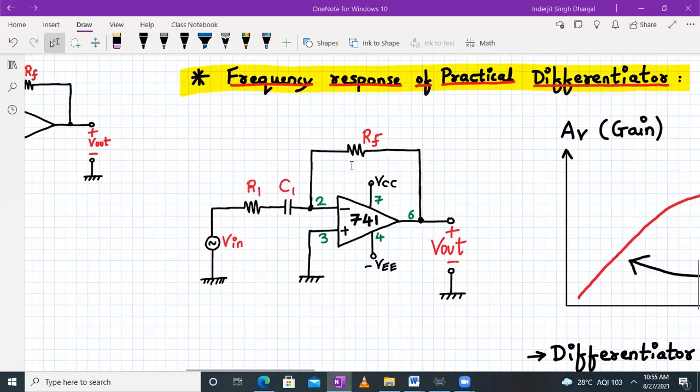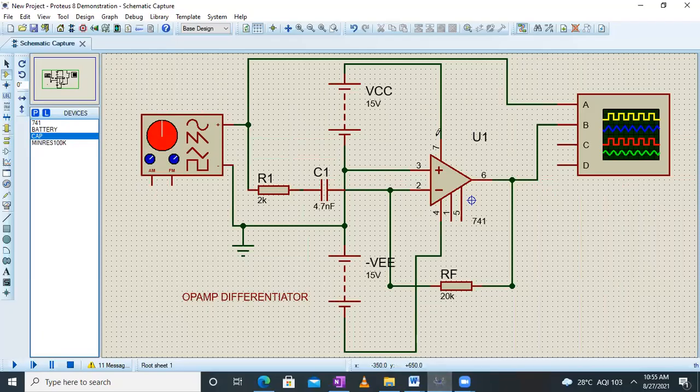We have already started building up the circuit in Proteus, and this is what the circuit looks like. If you have missed making this circuit in Proteus, you can watch the earlier part 1 video for IE lab number 3.